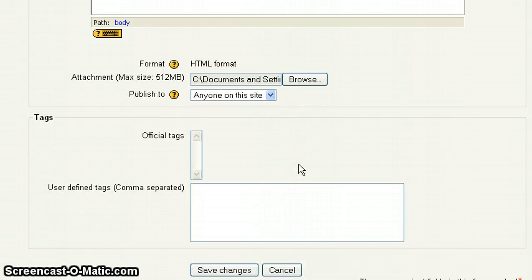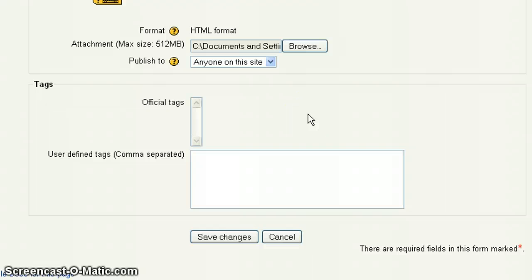If you come down below that, this is a really crucial element to the blog that makes it functional for you. The official tags you don't need to worry about. That's something that's set on an administrative level. But the user-defined tags, I'll show you how to add a tag menu to your course. And tags are a word or a phrase that captures the essence of what the blog's supposed to be,